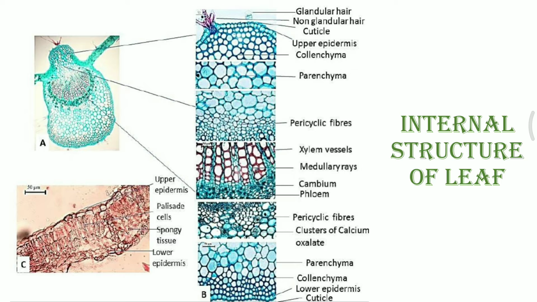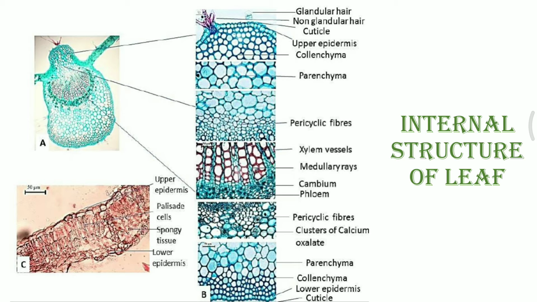Now, inside is presence of medullary rays, cambium and phloem. Upper to it is xylem vessels. Now, you should understand that cambium is the area which will give phloem and xylem both. In between the xylem and phloem, the vascular bundles, we see the presence of medullary rays which have a high amount of food and water supplements within it for the growth of the leaf, or for just the normal functioning of the leaf.